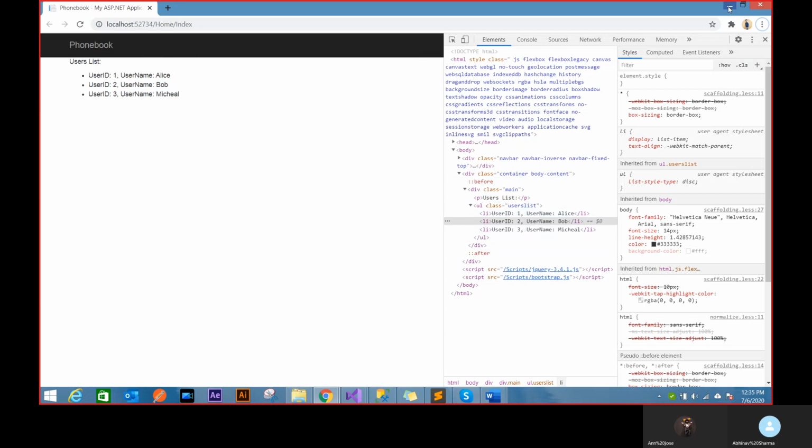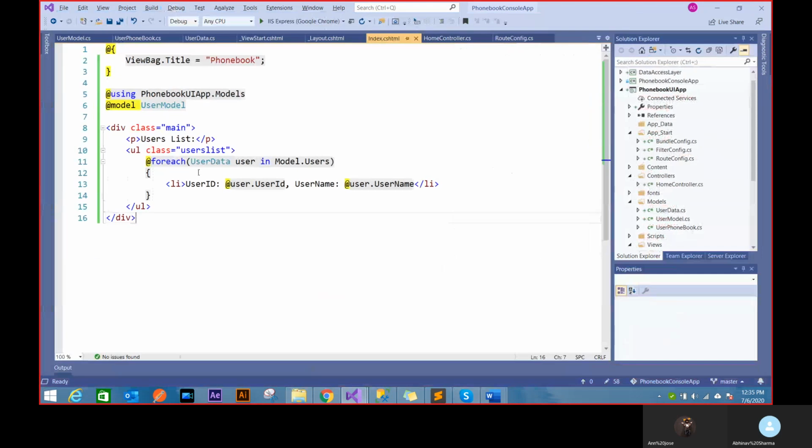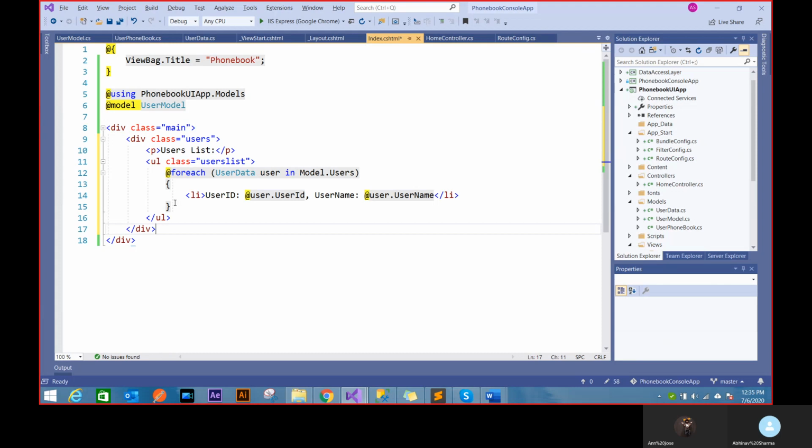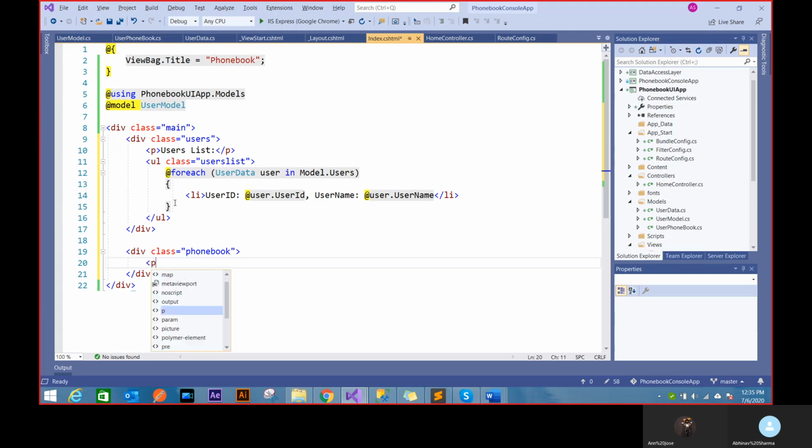Similarly, I can render that phone book list. That's why I want to push it inside a div. Div helps me create a break between everything. Otherwise, everything will be rendered on top. So let's remove div. Now let's create div class phone book. And you can imagine I'll be doing the same thing. The class name you're simply giving randomly, correct? It doesn't matter. I'm just helping so that the person reading it can know that this is talking about that div phone book.